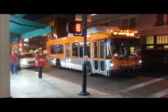Stop requested. Please use rear exit. For your safety, watch your step when exiting the bus. Colorado and Chester. The next stop is Colorado Boulevard and Chester Avenue, and that's the last stop for Colorado Boulevard, and we'll be